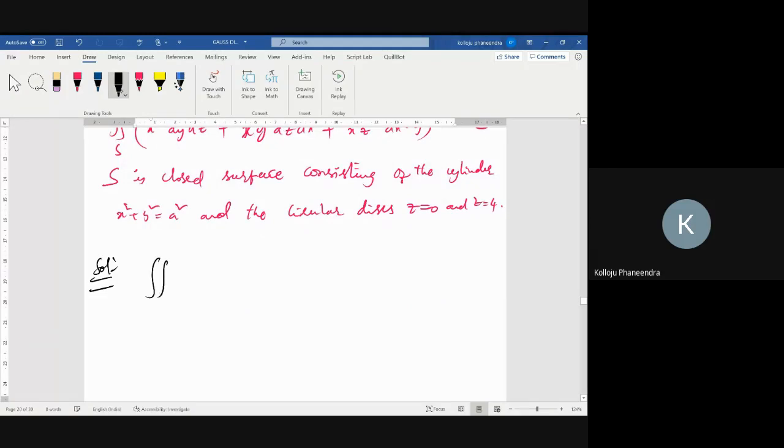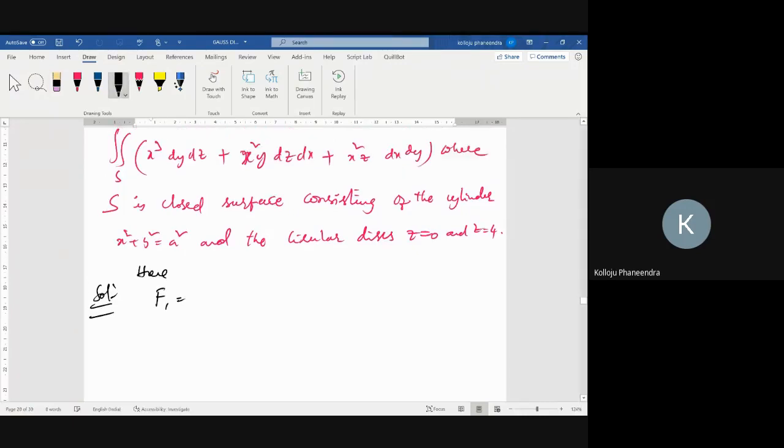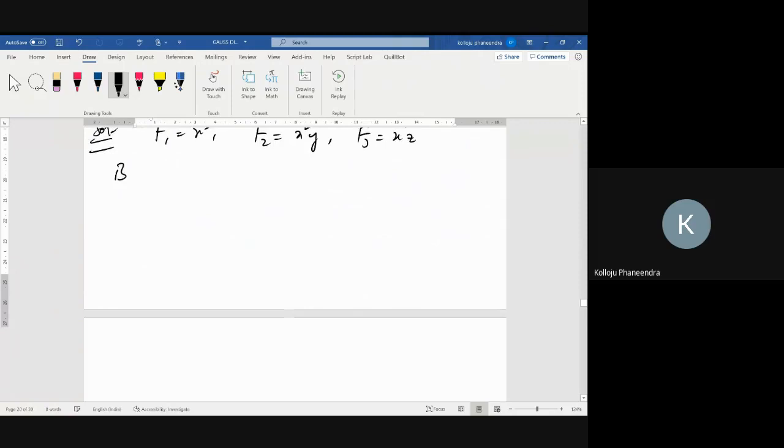Same double integral over S. Directly I will write, because I already explained what is f1 here. Here the dy dz quotient is x cube, that is f1, the dz dx quotient is x square y, and f3 is the dx dy quotient. Always remember, don't write directly f1 f2 f3. See the quotient: dy dz quotient is f1, dz dx quotient, meaning y, the j-th component, is f2, like that. By Gauss divergence theorem,